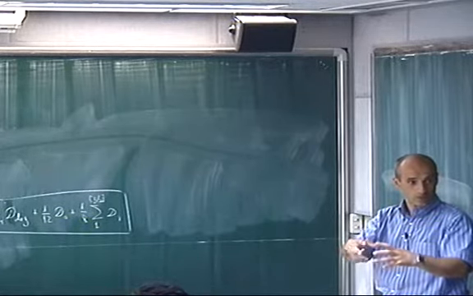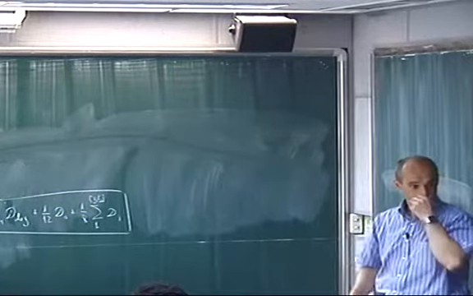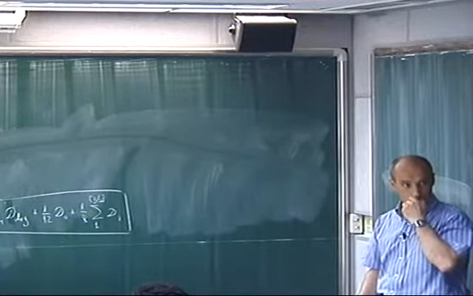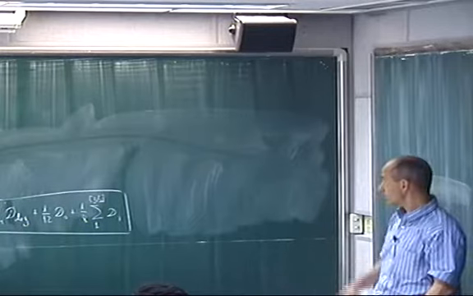So then you get CP1 and the line over each point. So that's exactly